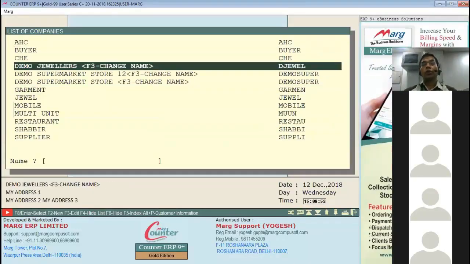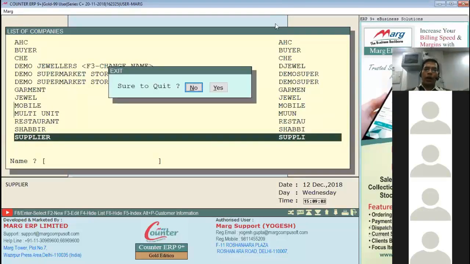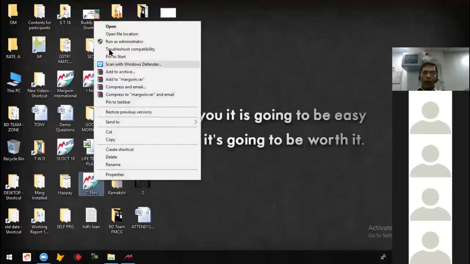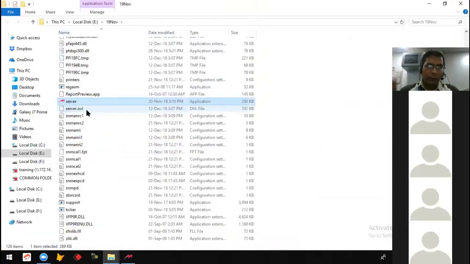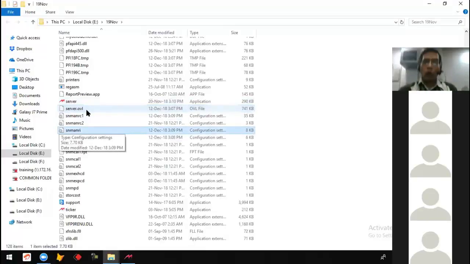Now I would show you how to restore it. Please watch it carefully, because there is a bit lengthy process. So I press escape. Now here I have installed my Marg. I open that folder. In that folder, I'll be getting one file called SNMANRI. I open this file